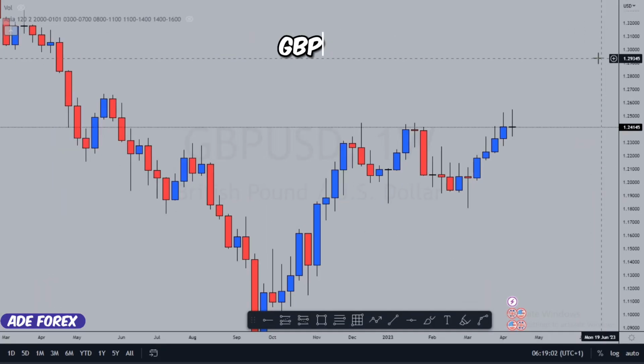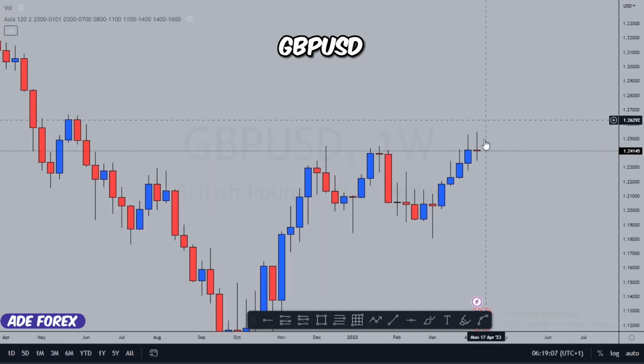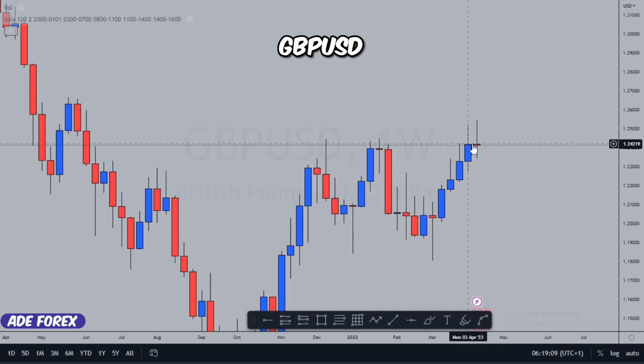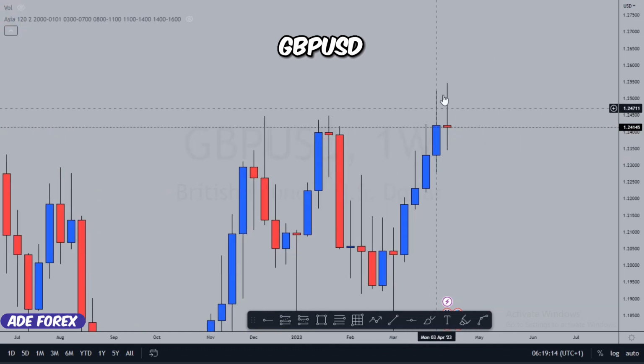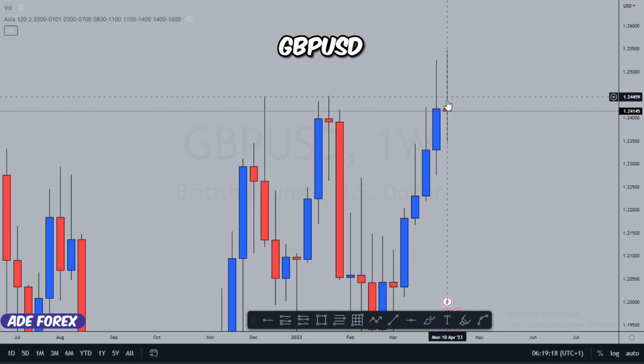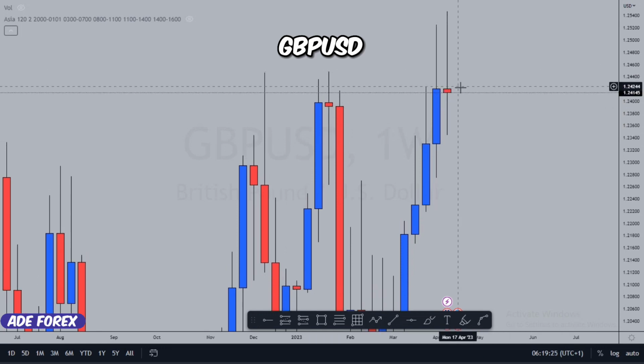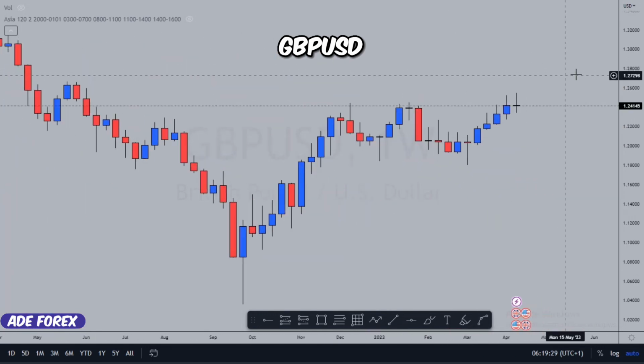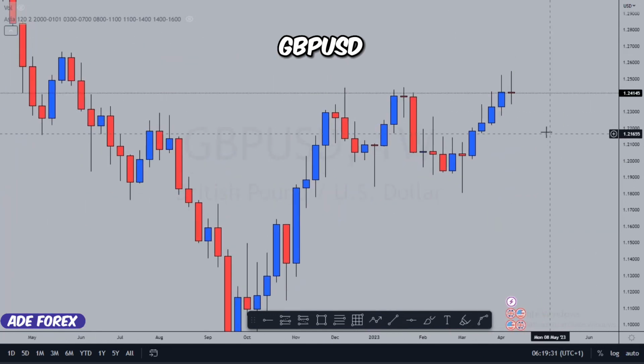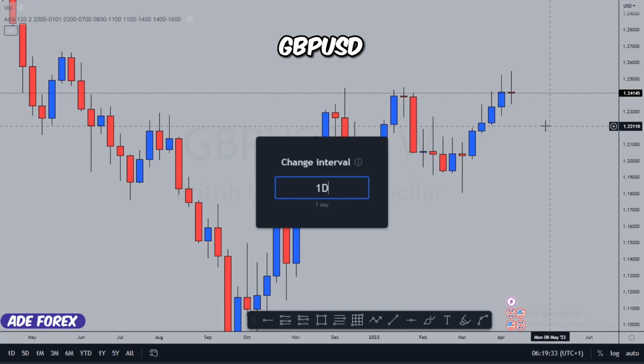All right, so this is GBPUSD on the weekly time frame, and as we can see, the market actually failed to break out of this high successfully, right? Although the market broke out of it, eventually we came back into this range, and we even had a bearish body. So that's not giving us a clear direction. Well, let's just go to the daily time frame to see what we've got there.